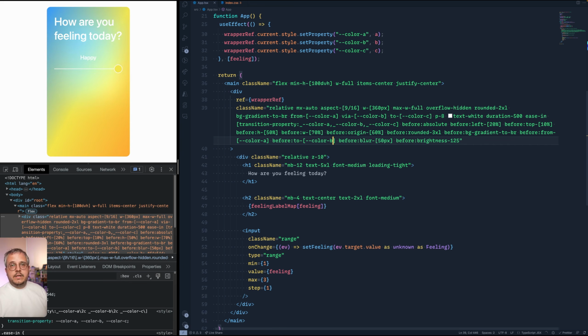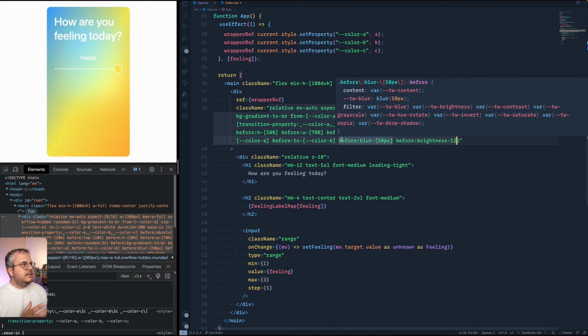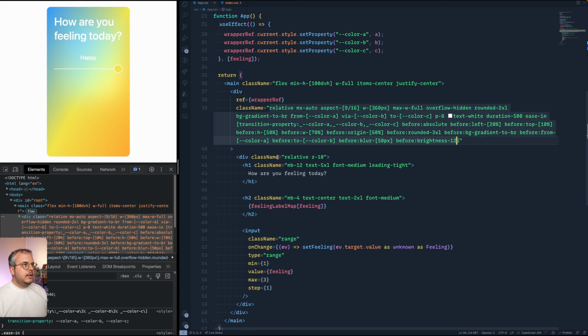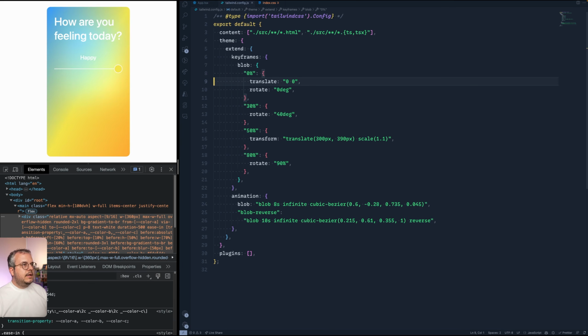So that way you already see this light blob that's right in the center, in the top center of the card. And now the only thing that still needs to happen is that this thing also starts to move around a little bit organically. So what I already did is I went ahead and in my Tailwind config, I created a small keyframe that's actually moving specific things around and rotating and scaling a little bit. And you can see that right here.